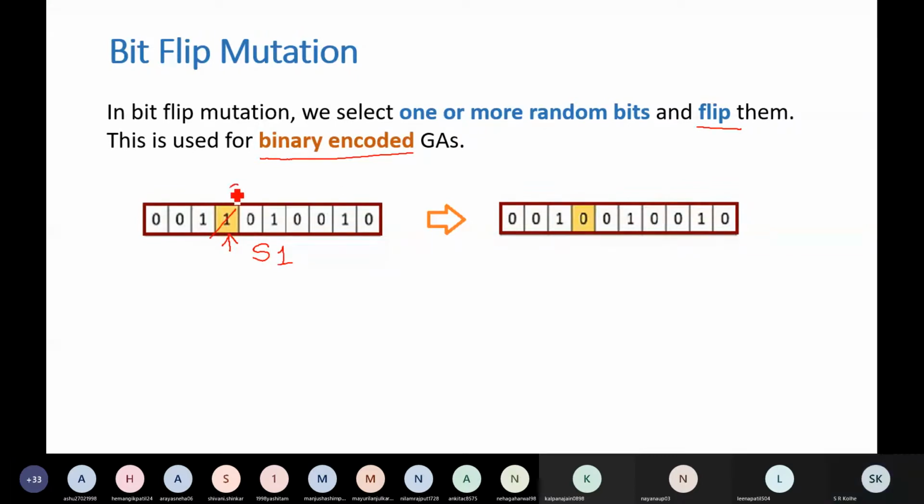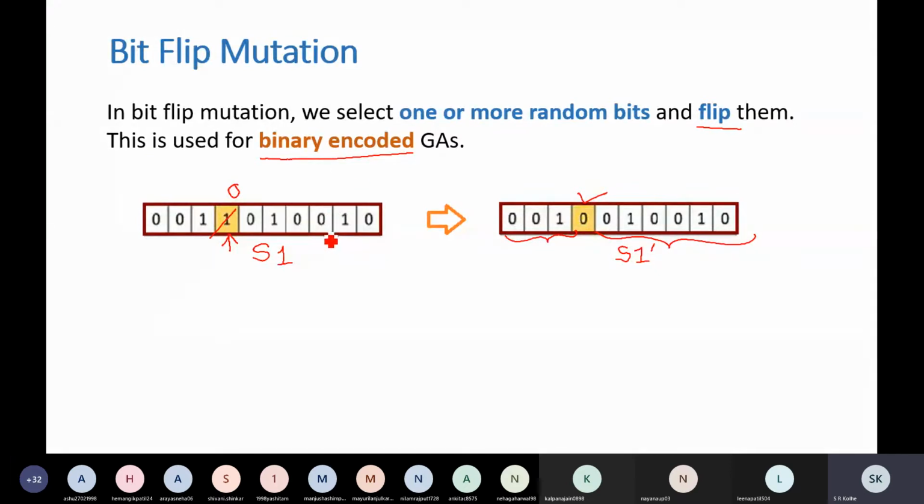The resultant solution will be S1 dash after performing mutation: 001 as it is, instead of 1 here we have 0, then 010 as it is, and 010 as it is. So S1 was your original chromosome that we have changed after performing mutation to S1 dash by flipping a particular bit. Sometimes you may select more than one bit also.